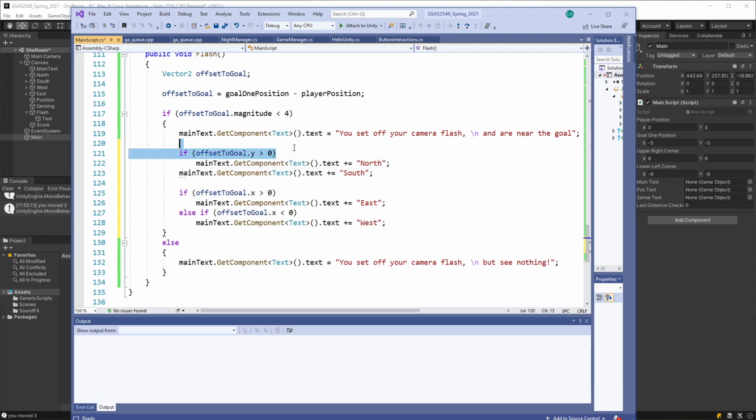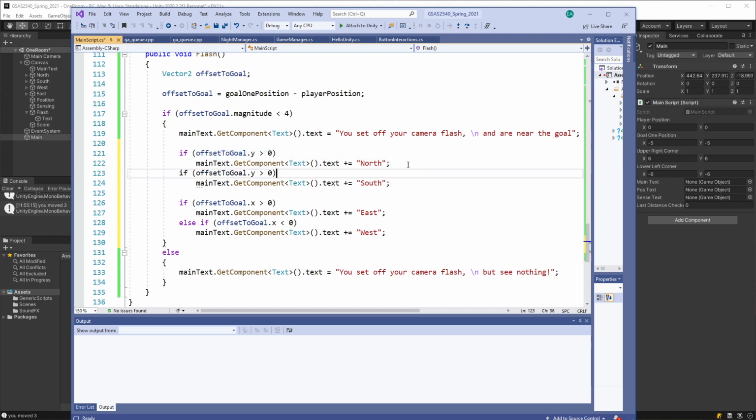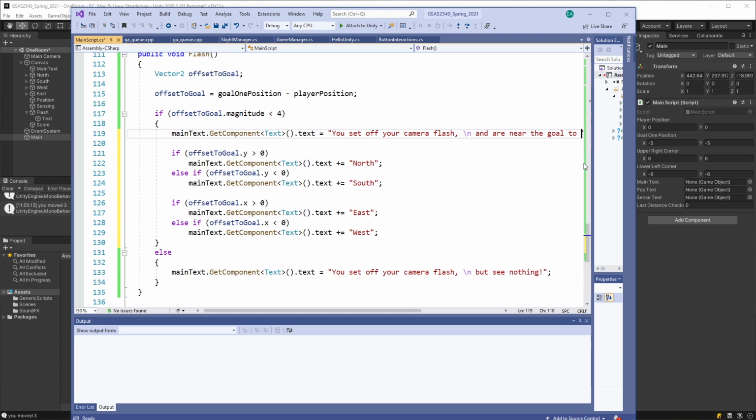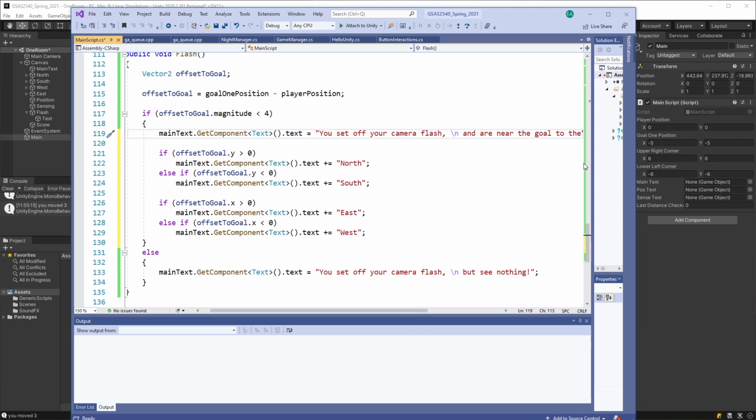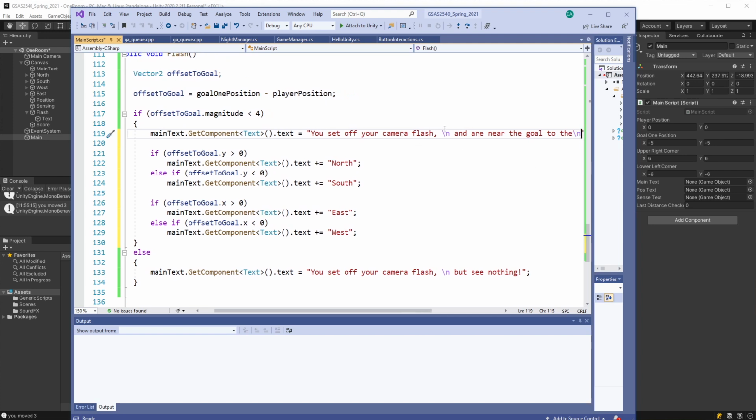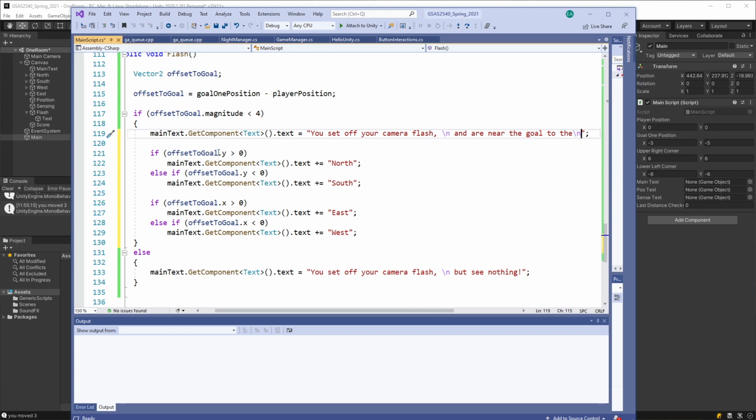Else, put this here. Else, if offset to goal y is less than 0, I'm going to add to the south. All right. And I could put a little extra text here and put a carriage return. You set off your camera flash and are near the goal to the... and this part will say,